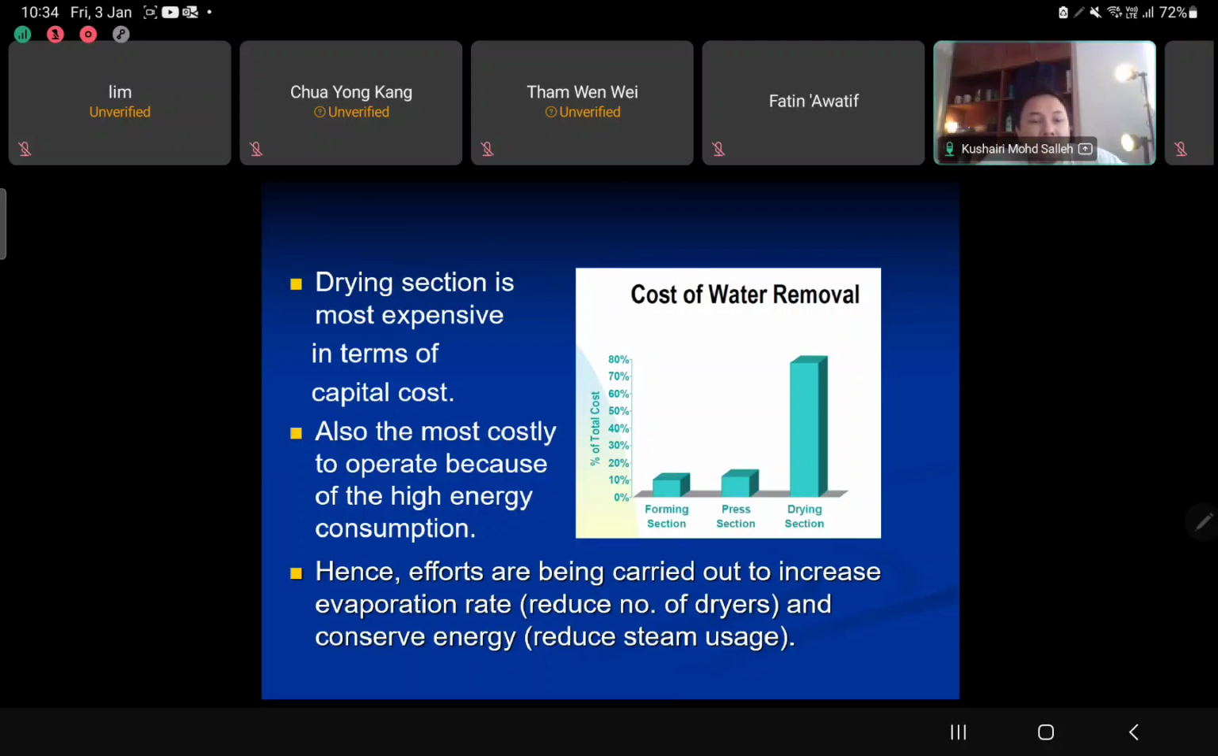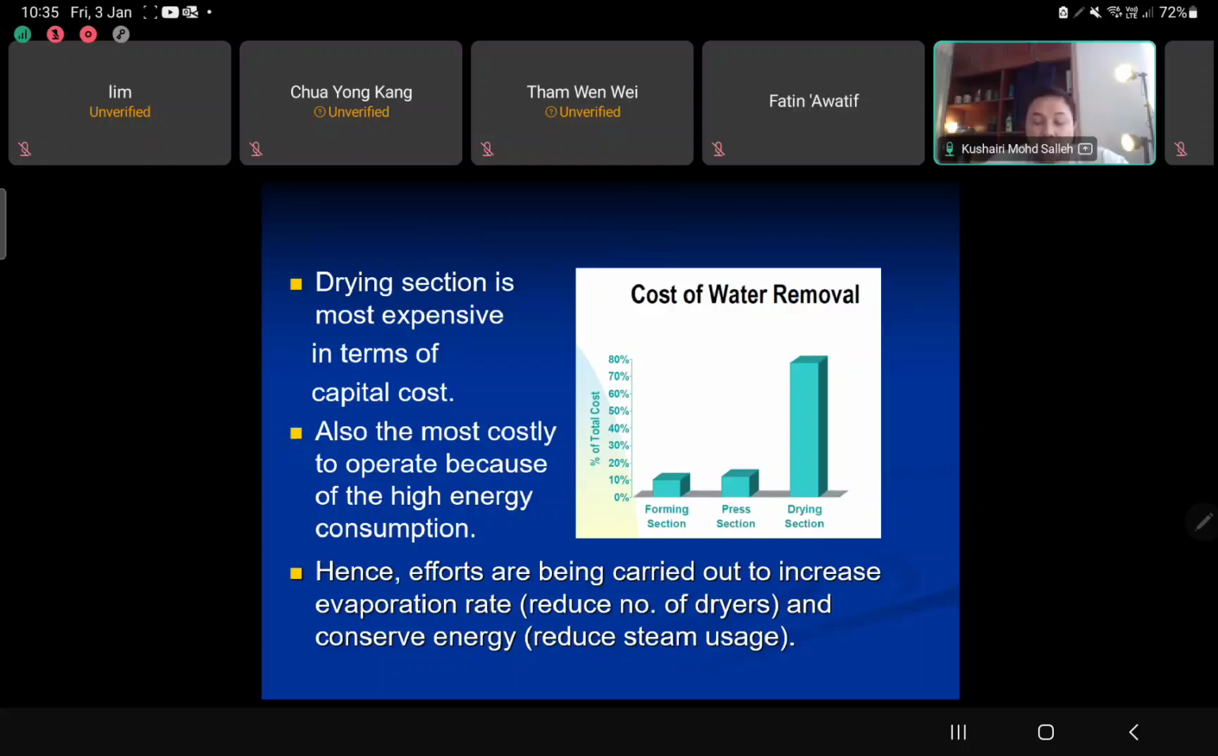So it is also the most costly to operate because of the high energy consumption. Hence, efforts are being carried out to increase the evaporation rate and reduce the number of dryers. Each has about 3 to 6 dryer sections, and each section contains about 6 to 16 cylinders. Can you imagine how much energy they use just to evaporate water? Hence, efforts are being carried out to increase the evaporation rate and conserve energy by reducing the